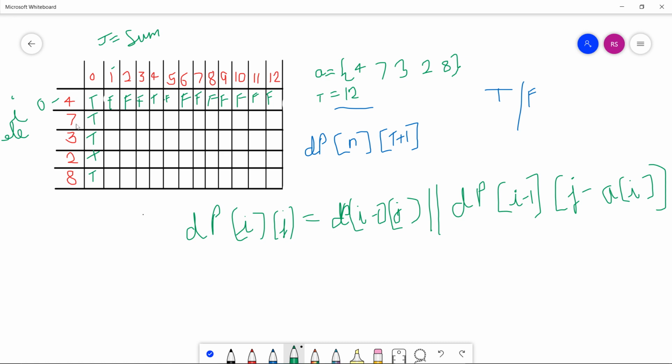Now we have one more element, 7, and we have only two choices: we can include this 7 or we can exclude this 7. This formula shows whether we are taking this 7 or excluding this 7.